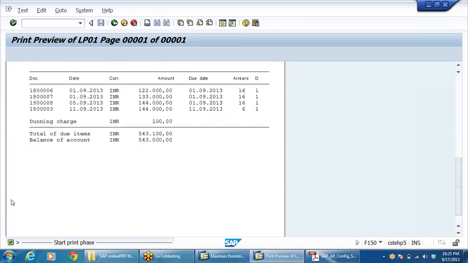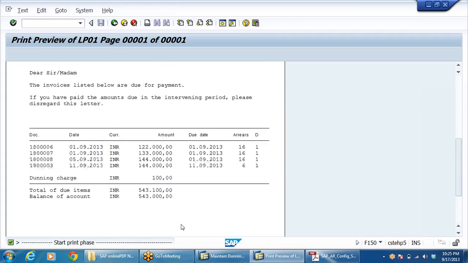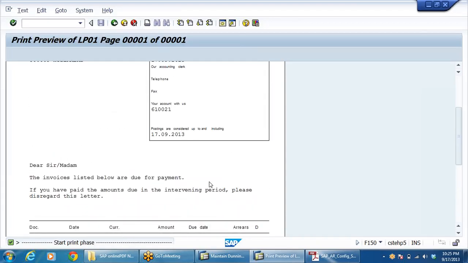And below, since this is a computer generated statement, no signature is required. Or if anybody is passionate about signing, then we'll put his name, so let him sign it. So that can be done. So this is page 1, and just go back. Page down.